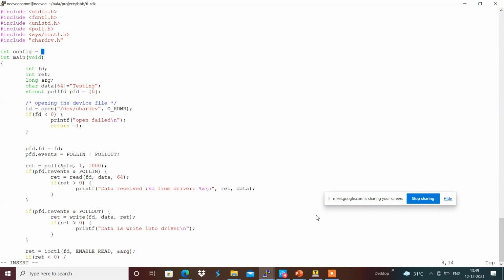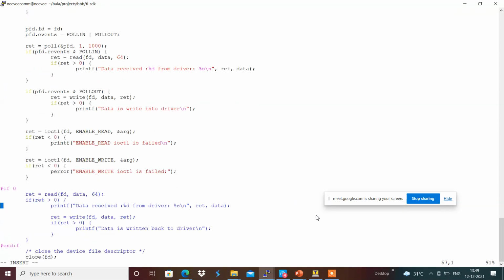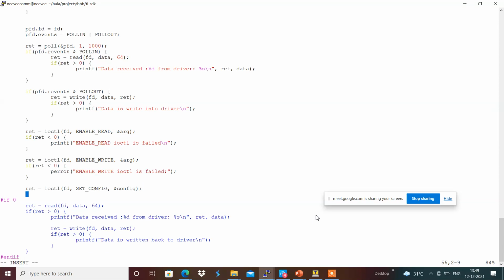And if return equals ioctl fd comma SET_CONFIG comma config, which is the parameter that we are going to set over there, and if return less than 0, then we can say perror set config failed over here.